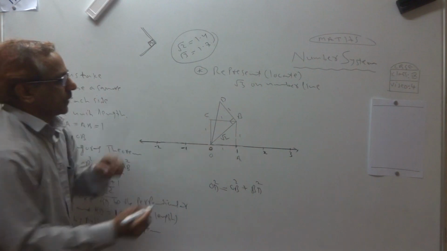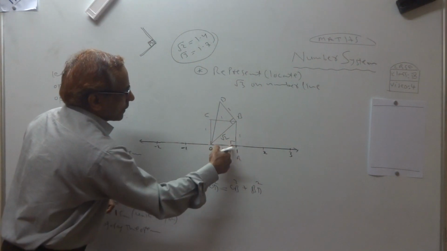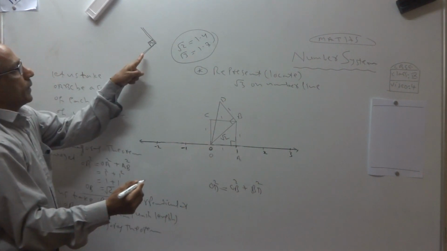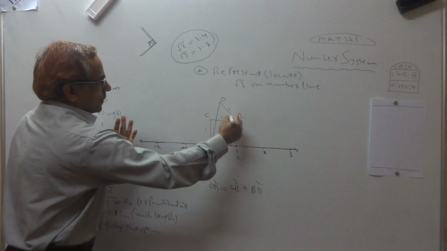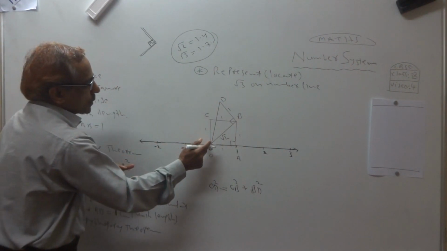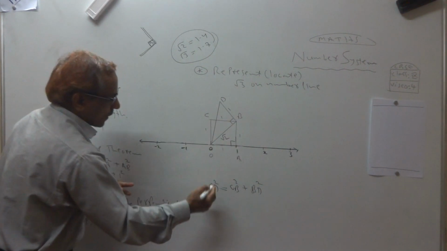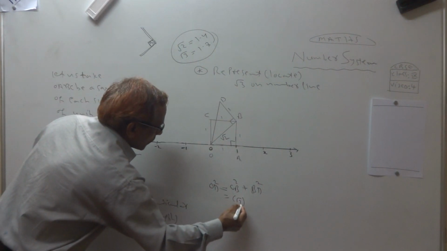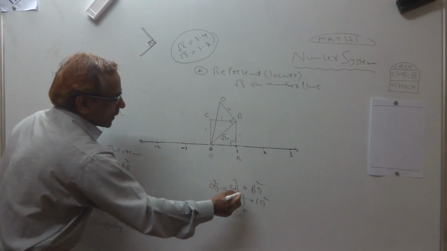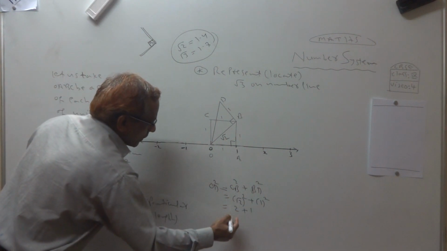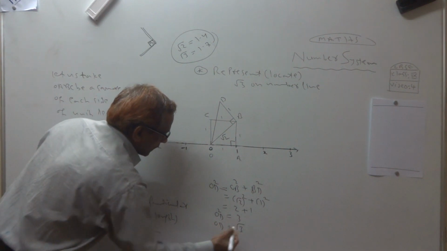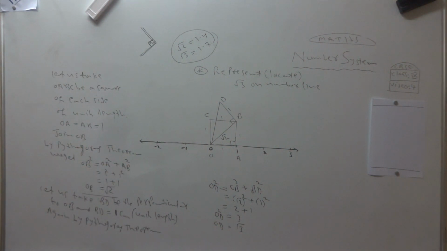Now you take the new triangle. This 90 degree is already there. Now I have taken one more 90 degree and this is 1. You can use a normal scale. Then join OD. By Pythagoras, OD square is equal to OB square plus BD square. What is OB? Root 2. What is BD? 1. So root 2 squared plus 1, 2 plus 1, 3. OD square is 3, so OD is root 3. Now last step. Now what do we do?